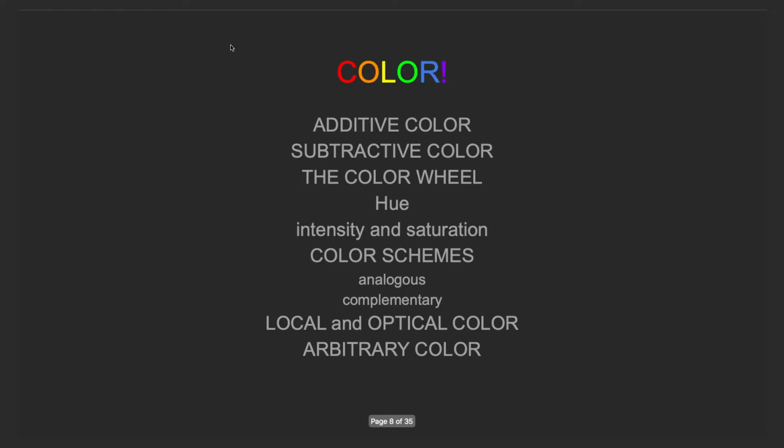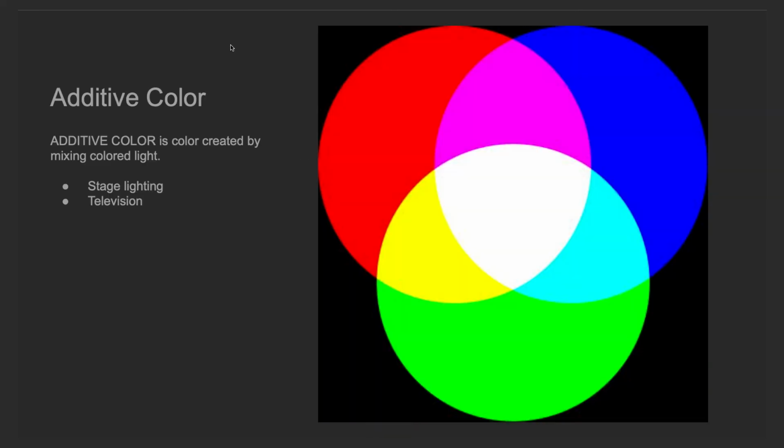I threw it in here to transition us to more conversation about color. So we will talk about additive color, subtractive color, the color wheel, hue, intensity and saturation, color schemes, analogous color, complementary color, local and optical color, and arbitrary color. I do have to warn you,